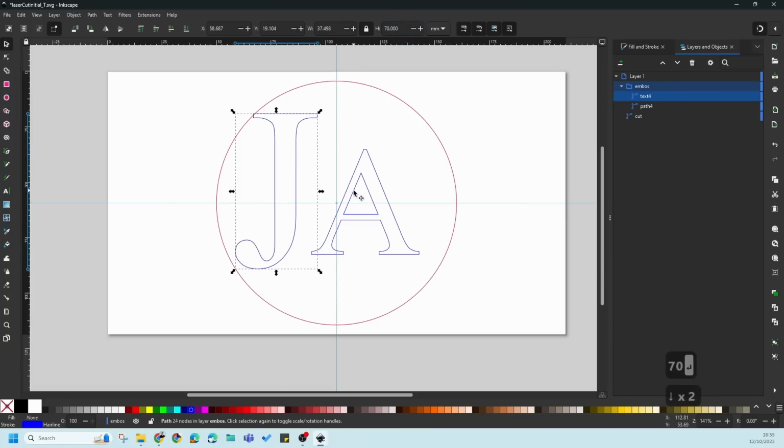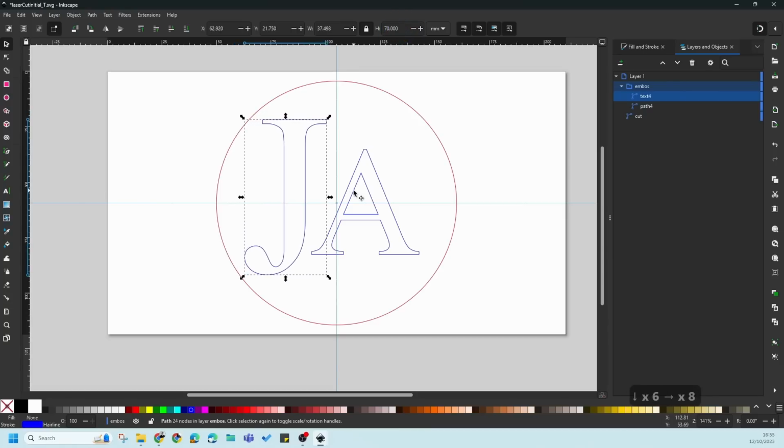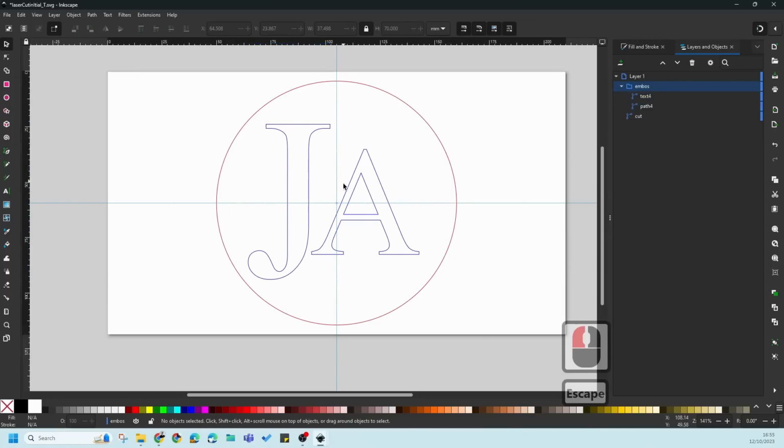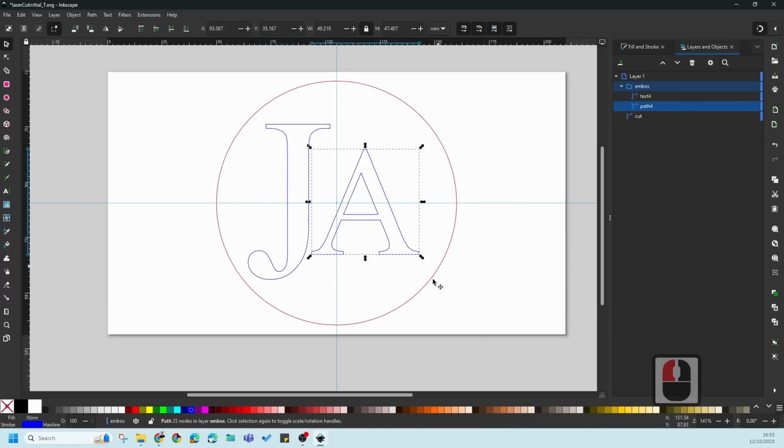And then on your arrow keys on your keyboard, you can nudge it into the right location. So create your initials the way that you want to, just as you feel fit, and don't take too long to do this. It's purely just to teach you how to laser cut and what is actually going on in order to laser